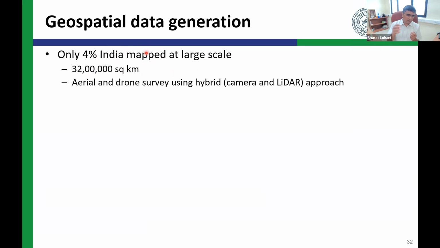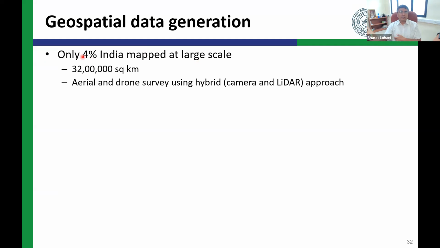Well, the question will be why 95% of the area should be mapped with high resolution data? Yeah, that's a very valid question. But if you see across the world, the entire USA has been mapped with LiDAR data. And they did it because there is a requirement for that data. So for India also, we need it. Maybe very high resolution data will be limited to cities or those areas which are economically very, very active. But the rest of India also will need to be mapped with good quality LiDAR data or photographic data.